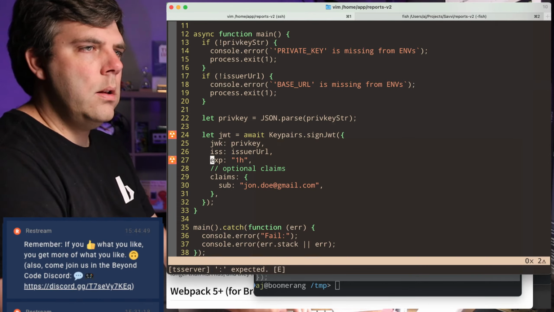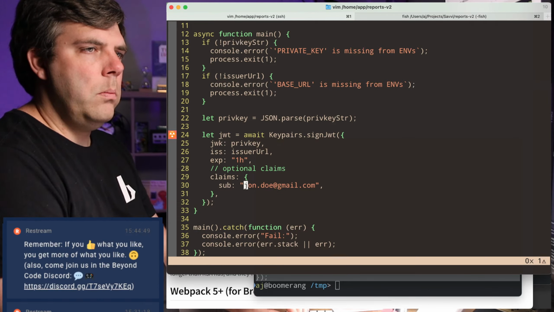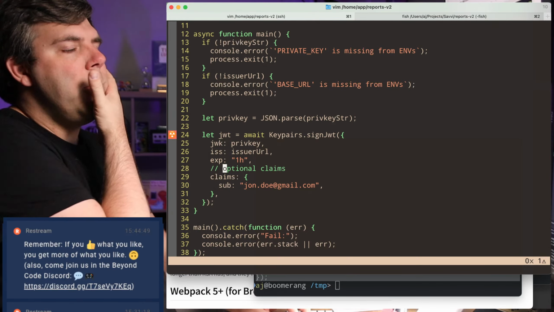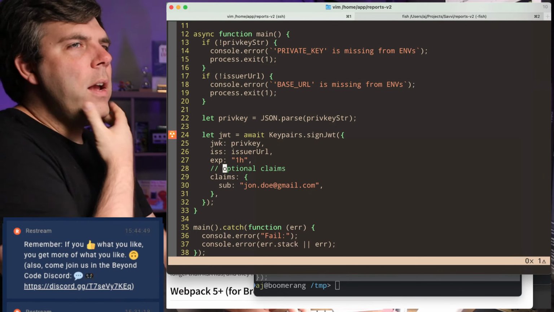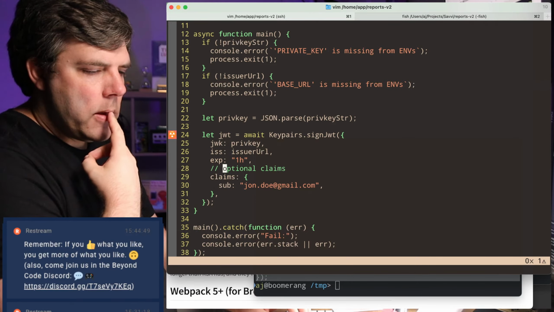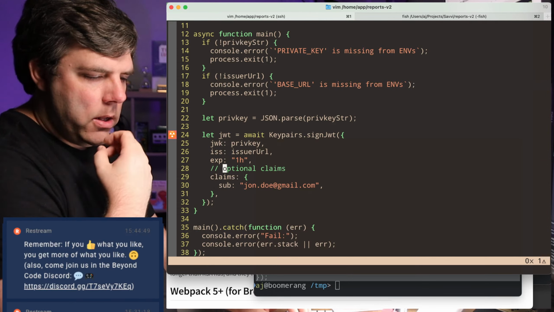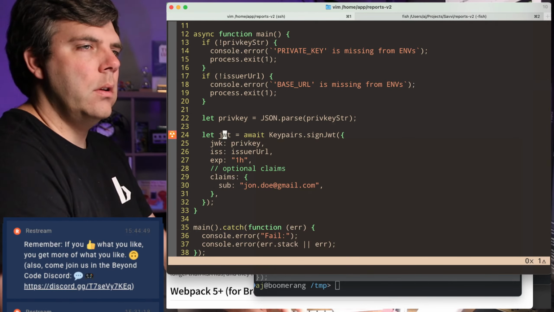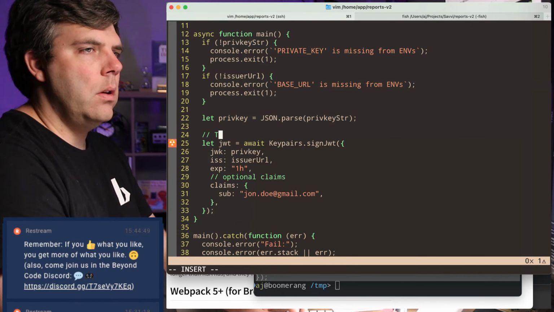All right, issuer URL. And then, okay, things that we want to be able to do here. I could have sworn that I had this. Let's see. I need an endpoint. Let's put a little to-do here.